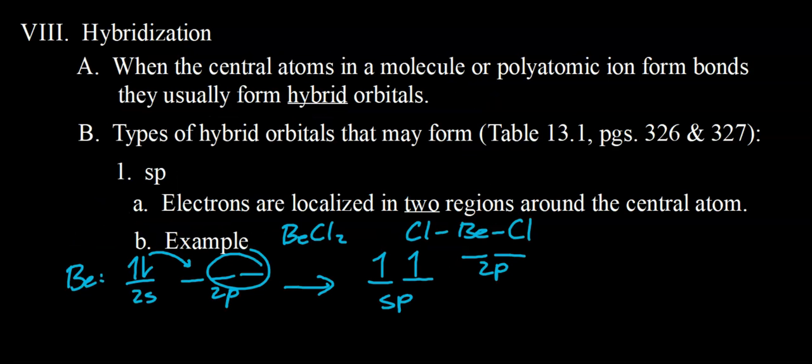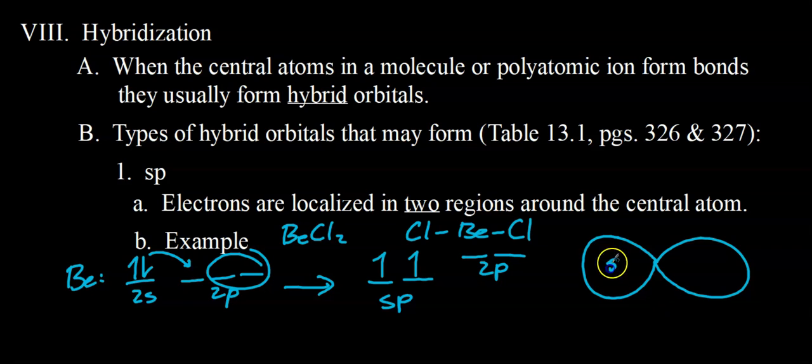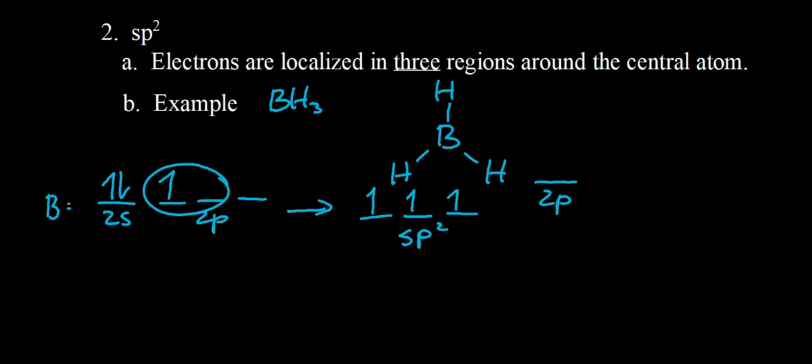So going back to sp, sp hybrid orbitals look like this. So here's an sp hybrid orbital, here's an sp hybrid orbital. And how far apart are they from one another? About 180 degrees. So beryllium chloride, BeCl2, has a linear geometry. It has a linear geometry because the central atom is sp hybridized. In this example,